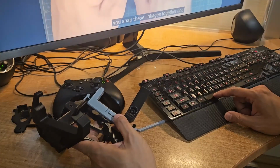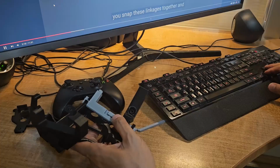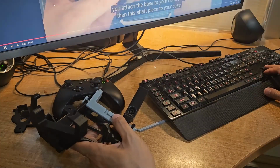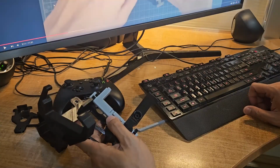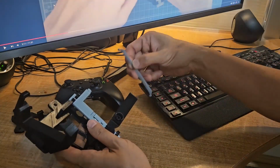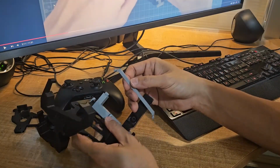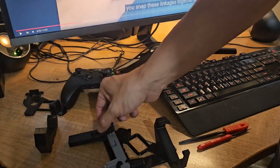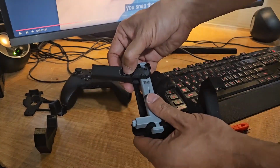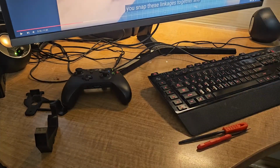You snap these linkages together. Okay, now he's snapping the links. Okay, video's kind of going fast. Okay, so that snaps in first. Not sure which side is which. Okay, so I ran into some technical difficulty. I guess these little socket joints are a little tight. I ended up